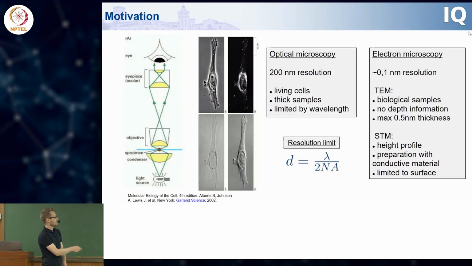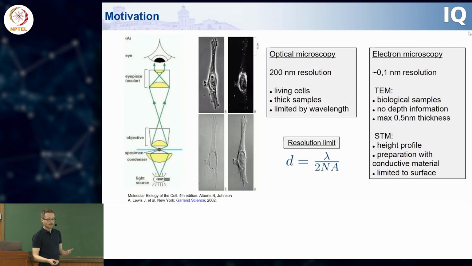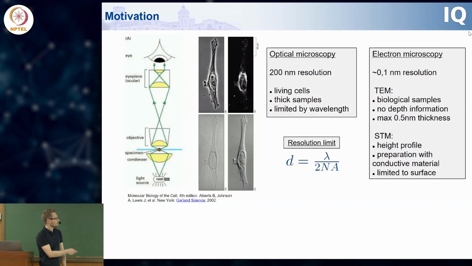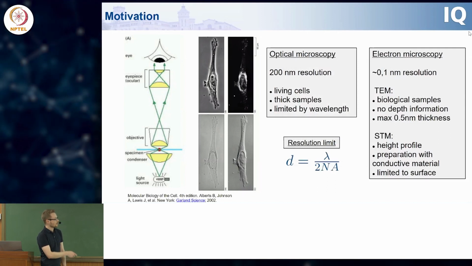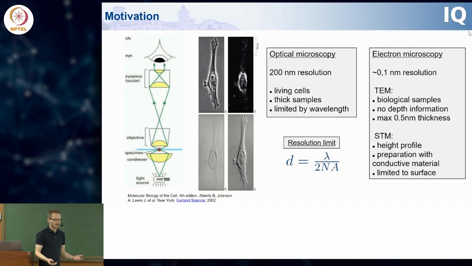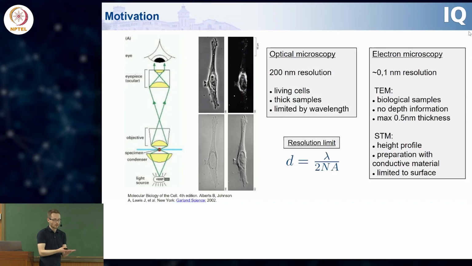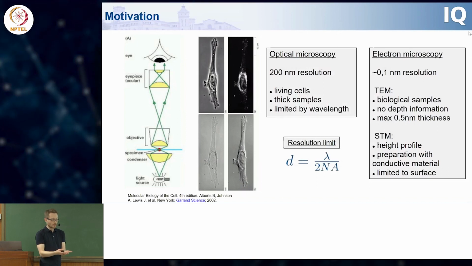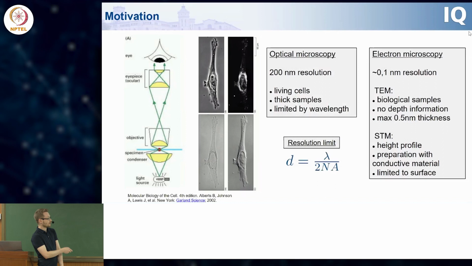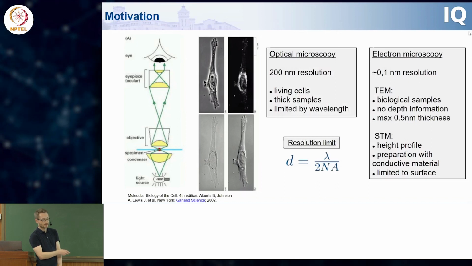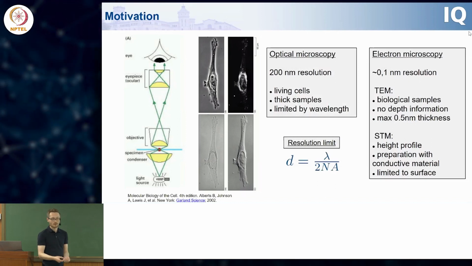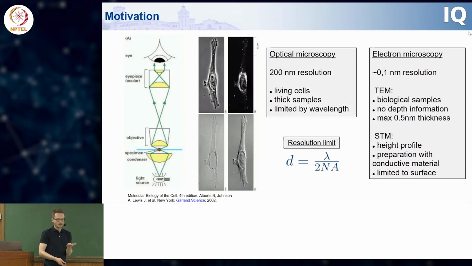However, it's worth it, as this setup has some really nice advantages. First and foremost, you can actually image living cells. You can see them moving under the microscope, which is a huge plus. You don't have to kill and prepare your samples in order to image them. And you can penetrate fairly thick samples, as most bacteria, for example, are water-based and therefore have a fairly high